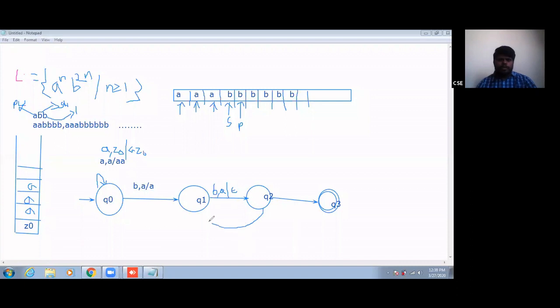So in order to repeat this, I will give here B comma A, and I am performing the skip operation again. So for the third B, I am performing the skip operation, and again for the fourth B, I am performing the pop operation.